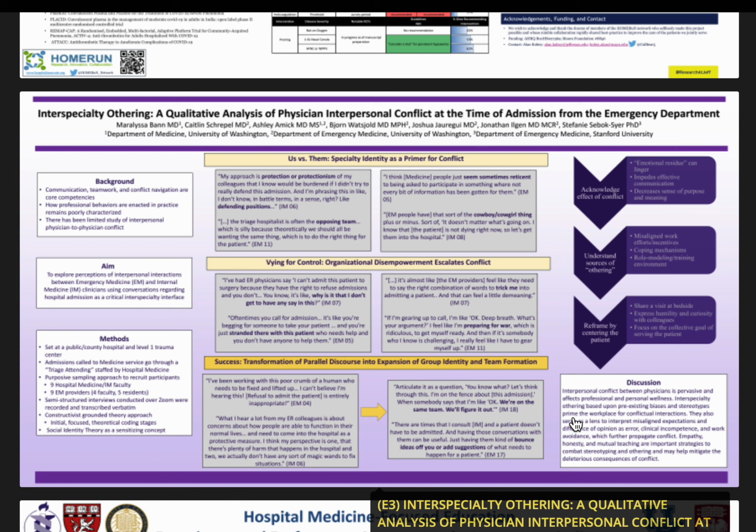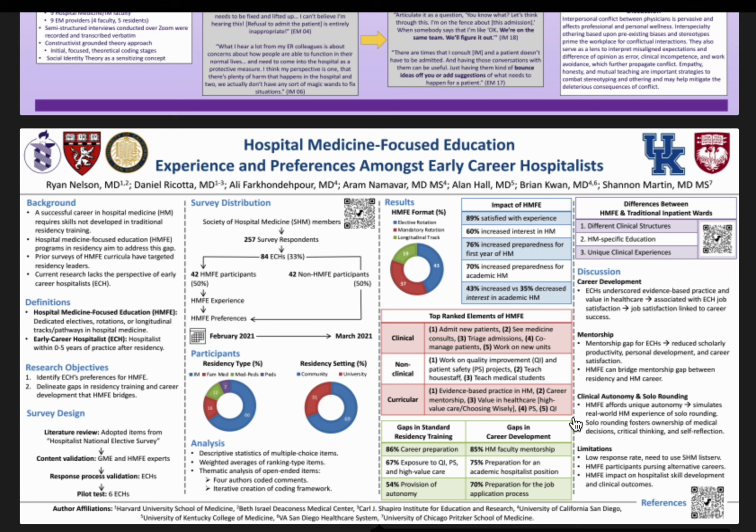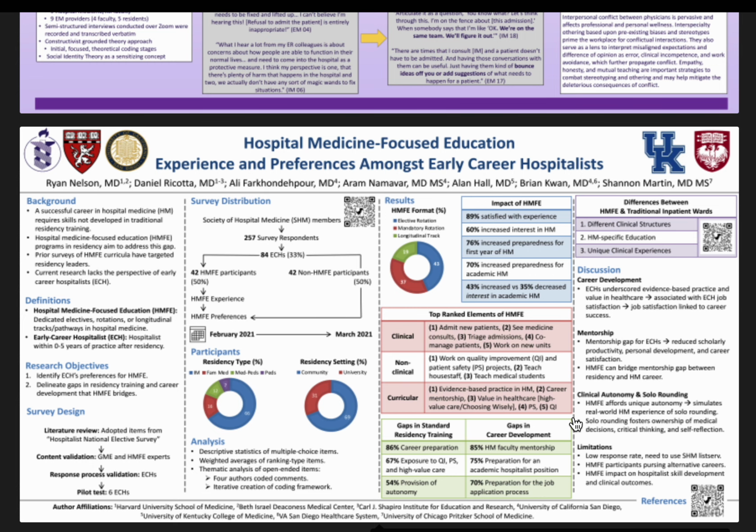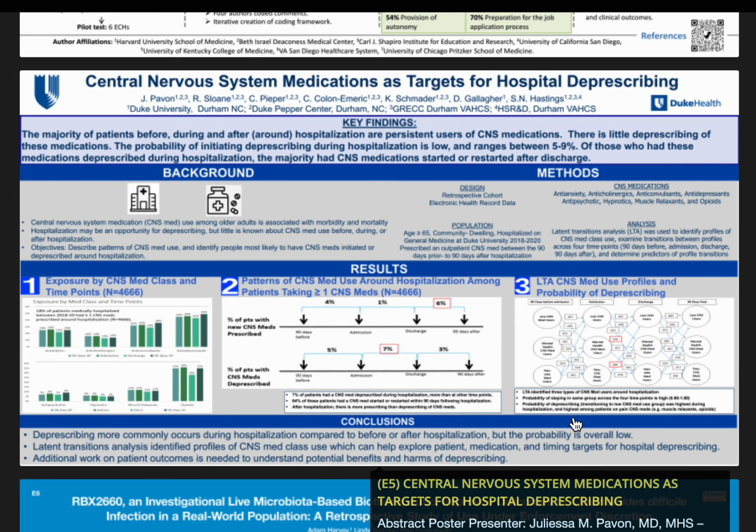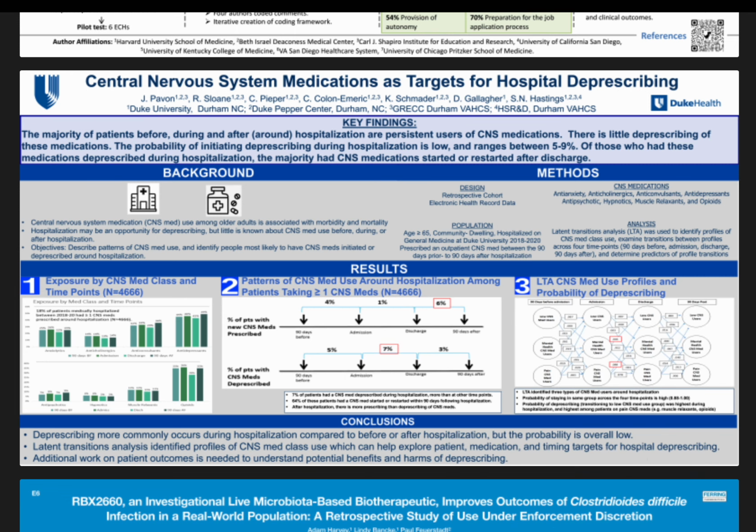Next one, interspecialty authoring, a quality analysis of physician interpersonal conflict at the time of admission from the emergency department. Wow. Hospital medicine focused education experience and preferences amongst early career hospitalists. Central nervous system medications as targets for hospital deprescribing. Wow. Conclusions: deprescribing more commonly occurs during hospitalization compared to before or after hospitalization, but the probability is overall low. Latent transitions analysis identified profiles of CNS med classes used, which can help explore patients, medications, and timing targets